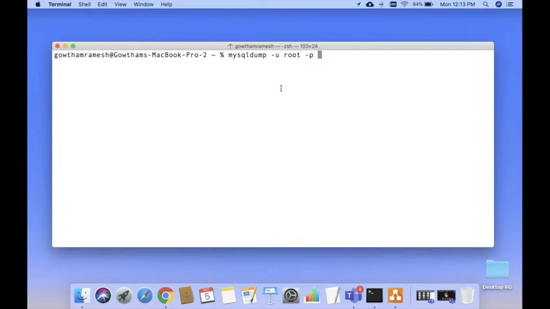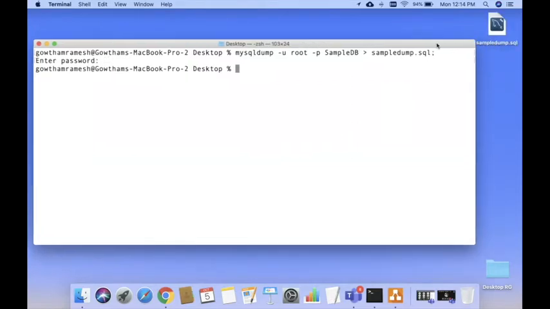After that, the database which you want to take the snapshot of. sampleDB is the database which I want to take the snapshot of, and write it to a file called sampledump.sql.